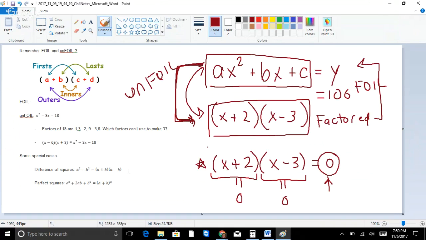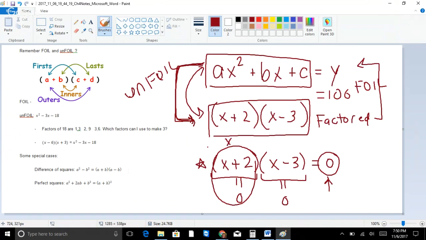I can't do 2,000 times 1/2000 and get 0. I can get 1, but I can't get 0, right? One of the two things I'm multiplying has to be 0 for my answer to be 0. And then what I can do is say, well, if x plus 2 has to be 0,